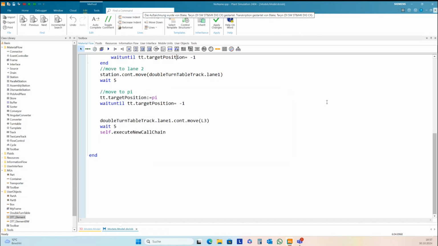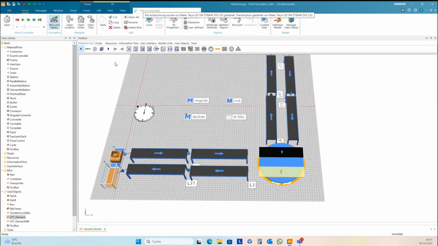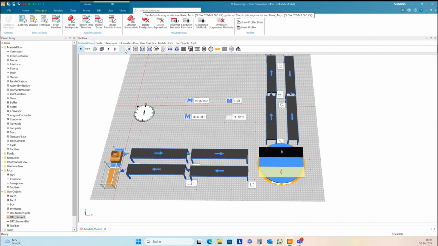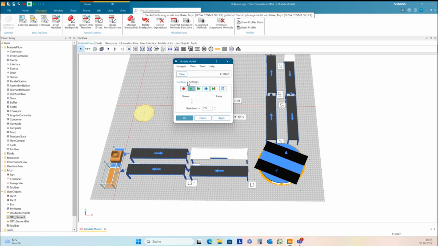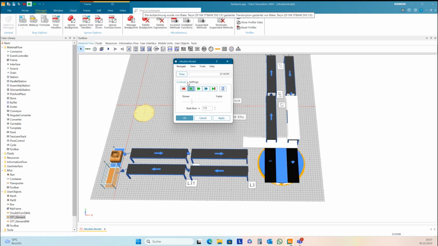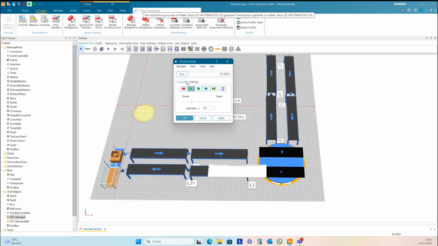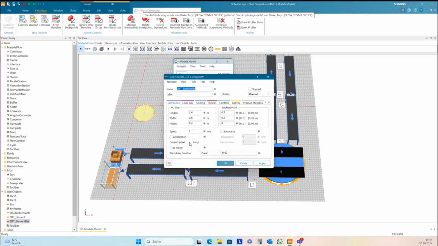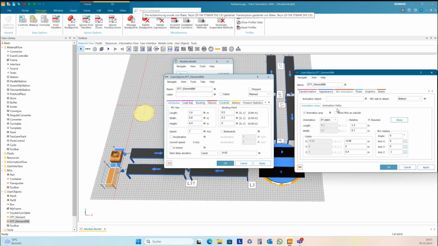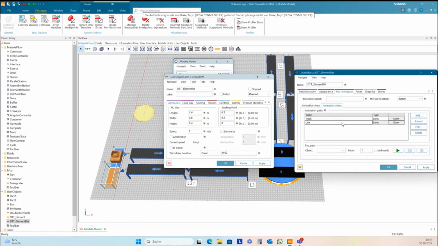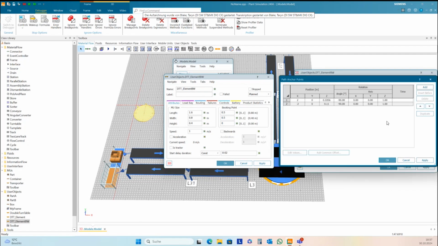No, I need to check this. Some automatism here. And the same for the other one. 3D, MU animation, animation path, line, edit.